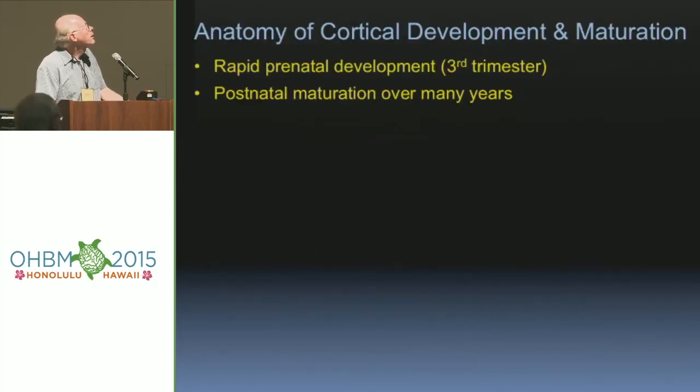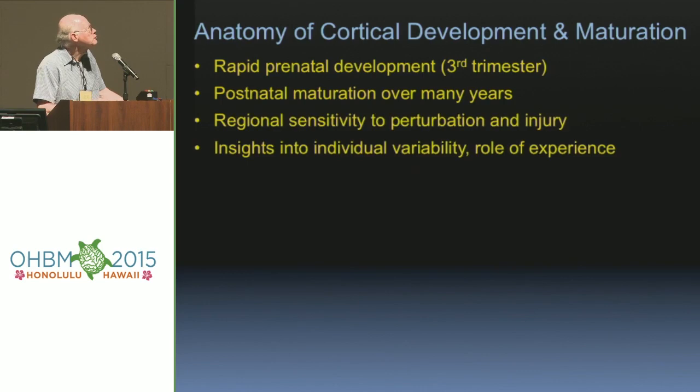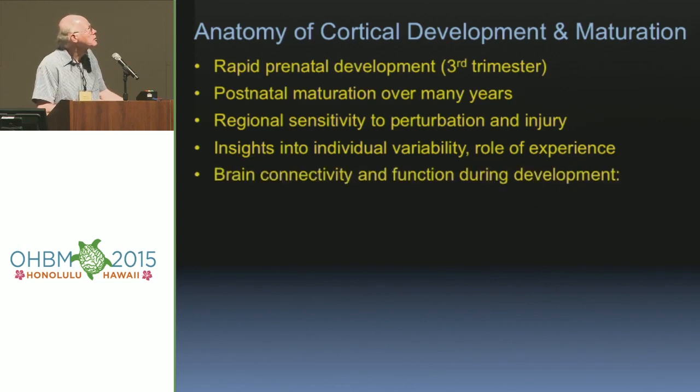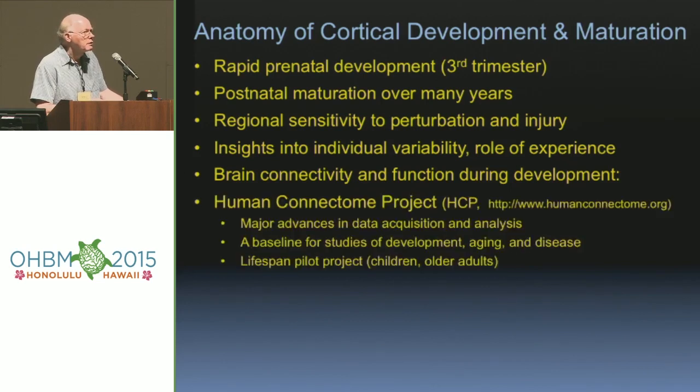So to summarize, rapid prenatal development is a fascinating study of exploration of its own. Postnatal maturation occurs in a delayed way, but particularly in the first 2 postnatal years. There is regional sensitivity to perturbation and injury, and we can get insights from looking at these issues into the nature of individual variability and the role of experience in shaping cortical circuits. So brain function and connectivity during development is an extremely important issue. It's going to get further